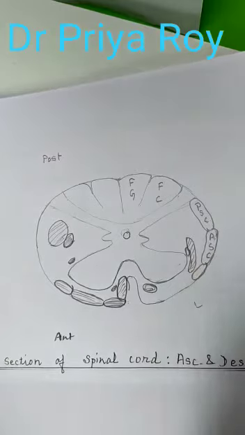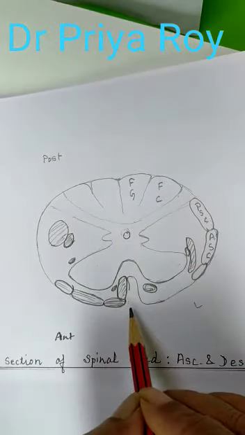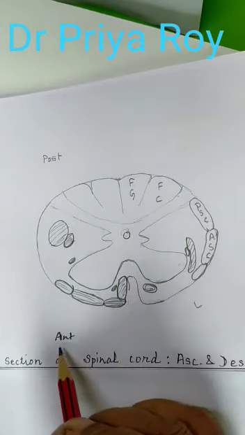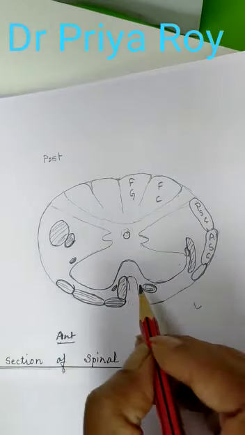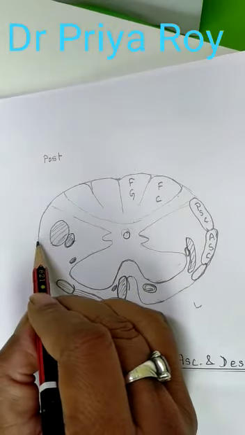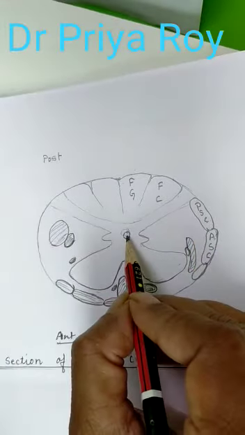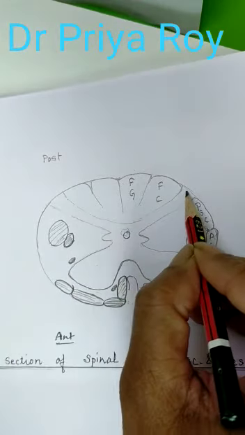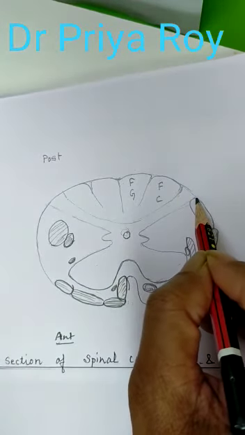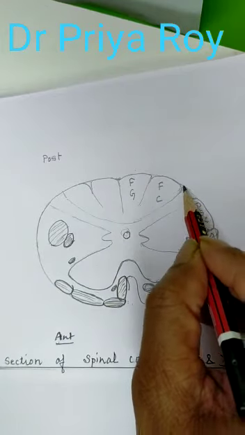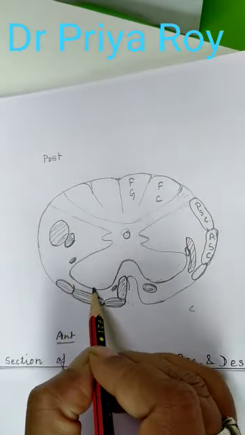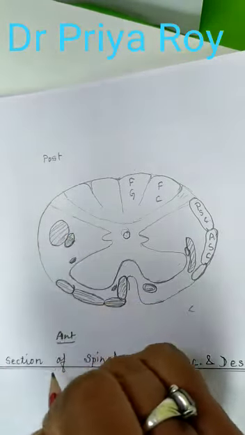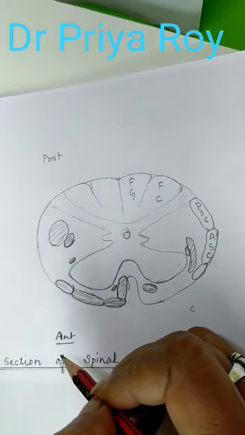To revise, we put 3 points here: 6 centimeter in the center, 3 centimeter, and 1 centimeter above anteriorly to draw the anterior median fissure. Then to make it oval we drew 9 centimeter, with the middle at 4.5 centimeter. Then we drew the posterior root. See the shape of the posterior root because of the dorsal tract of Lissauer; it will be here like this, and anteriorly it will end here. Then the tracts are the descending tracts, pyramidal and extrapyramidal.